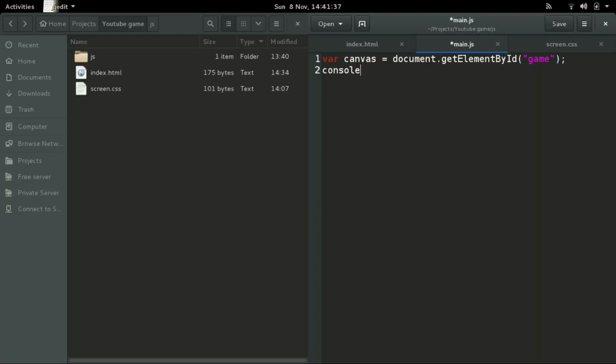Now in console we use the function log, and as a parameter we will use canvas, so it will log the canvas inside the console. So when I save this and we run the page,